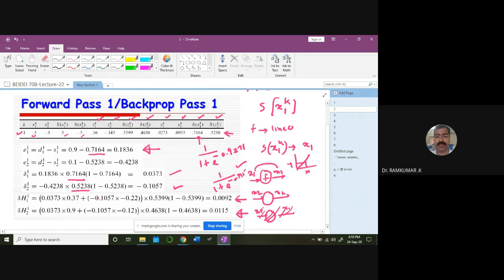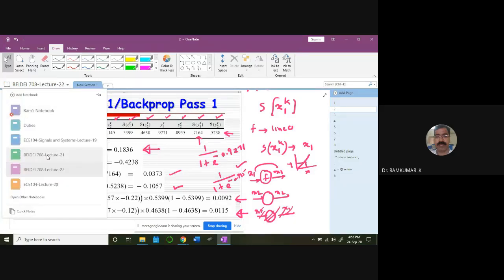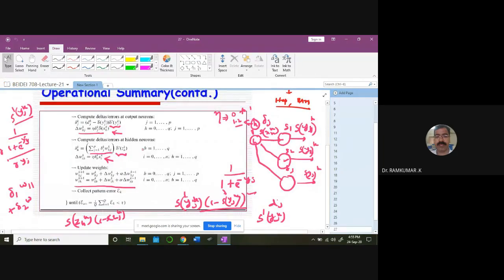See here, that delta is sitting here for the first hidden neuron. You need to use both of these values to work out the corresponding expression. Can you recall that expression? How do you get this expression? You have to recall. For the hidden layer, the update is like this: delta j k, with j varying from 1 to p, times w h j. Is it clear? So we are going to use that expression here.